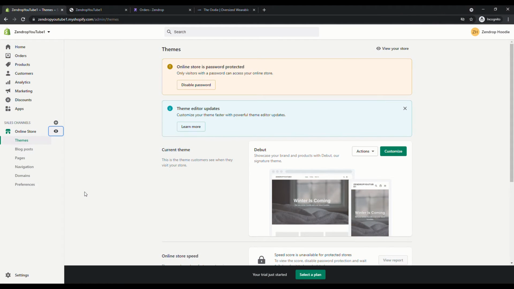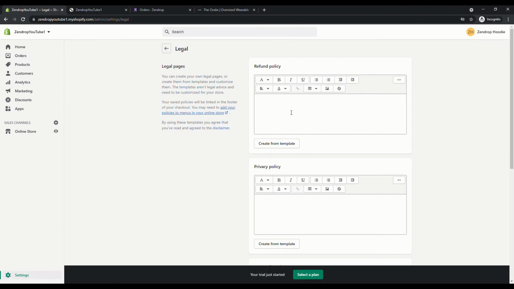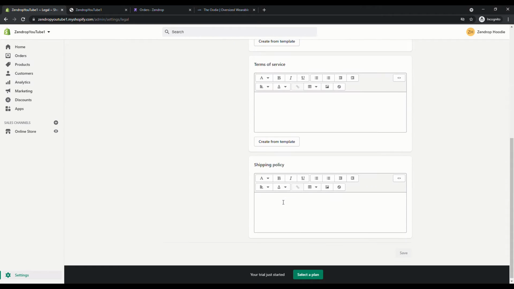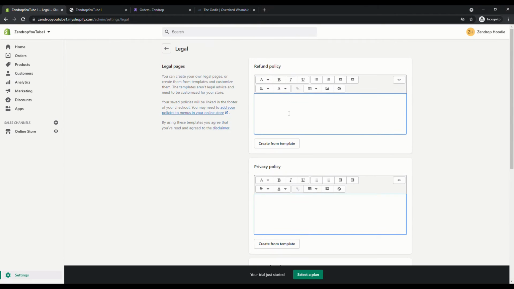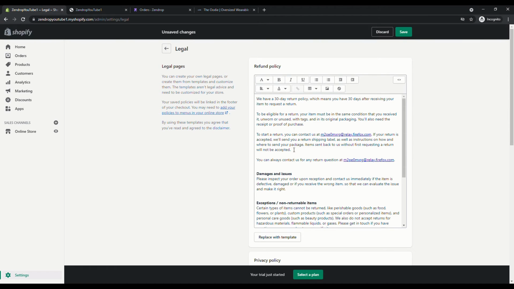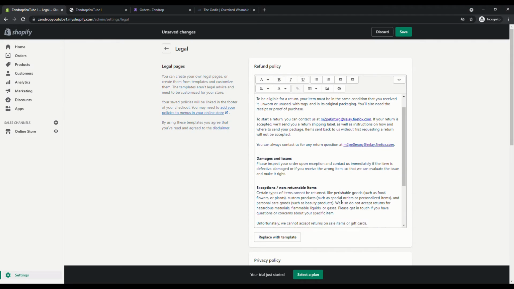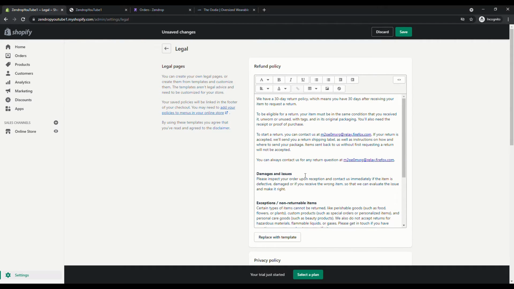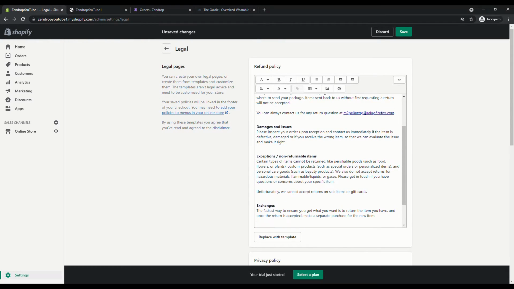Next, we're going to look at the store policies and the legals. So to do that, we're going to go down to settings, and we're going to hit legal, and this is where you're going to add your refund policy, your privacy policy, and your shipping policy. So the good thing here is Shopify does give you some examples to work with, so you can create from a template. So you can just hit the Shopify one and then come through and adjust it to meet your